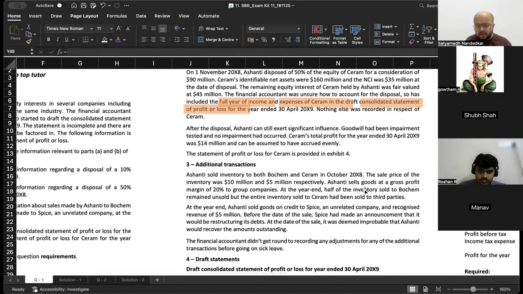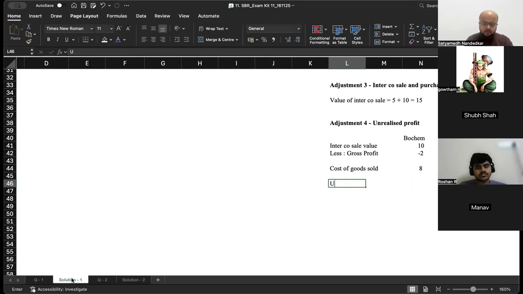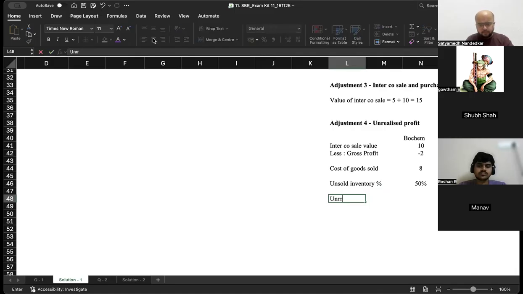It mentions that half of the inventory sold to Bokem remains unsold, but the entire inventory sold to Serum had been sold to third parties. So what is unsold inventory percentage? 50%. Here it is 0%, right? So unrealized profit is